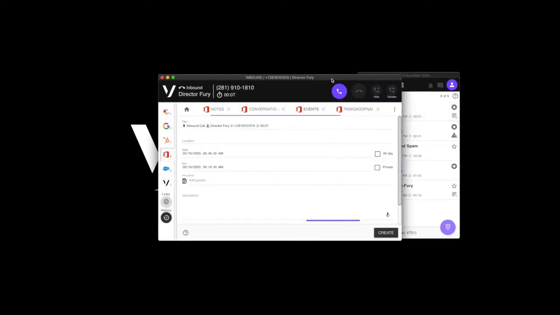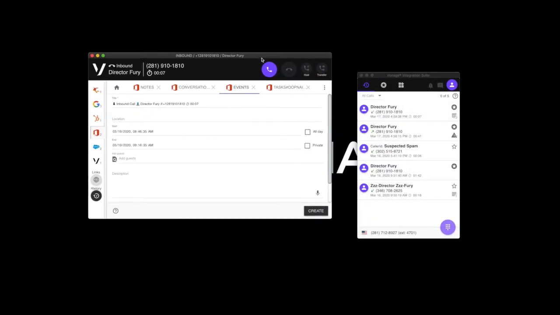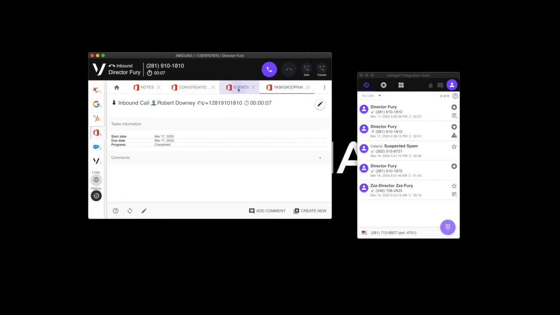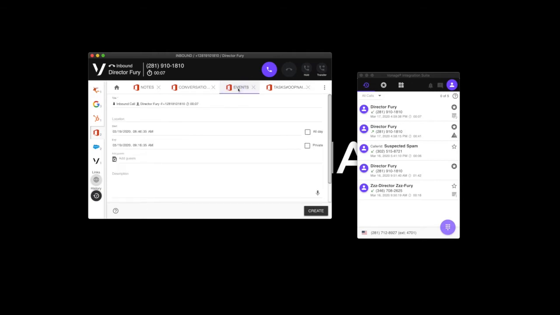When a call comes in, the activity is going to pop and show me several things. You can see here I have tasks, I have events, which allows me to set calendar events. I have conversations, which allows me to email back and forth with other people about this activity. And I have a notes section, which actually creates a Microsoft OneNote book that will keep track of this history, and I can add and modify to that as needed.